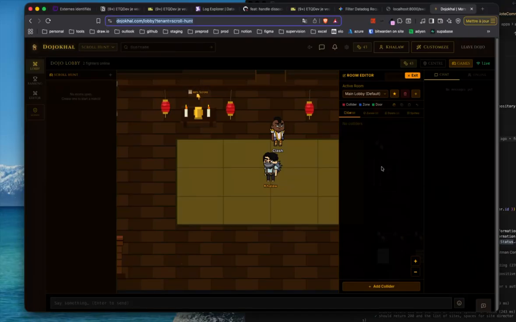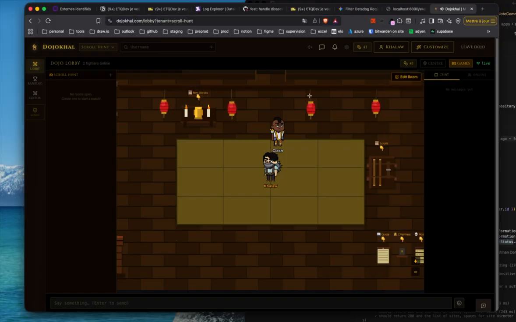Hello everyone, this is Kalo from Dojokhal, and this is a video demonstration on how to customize a new room or an existing room in the lobby belonging to the Scroll Hunt tenant at Dojokhal. So, what you first need to do, after I give you the admin access to edit a room,